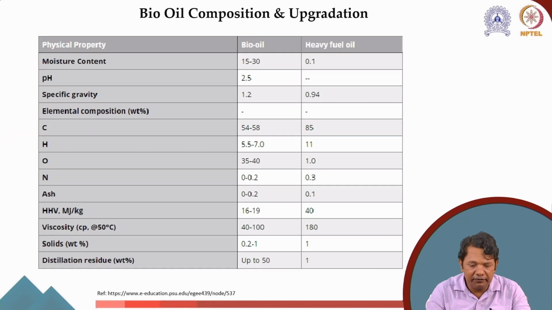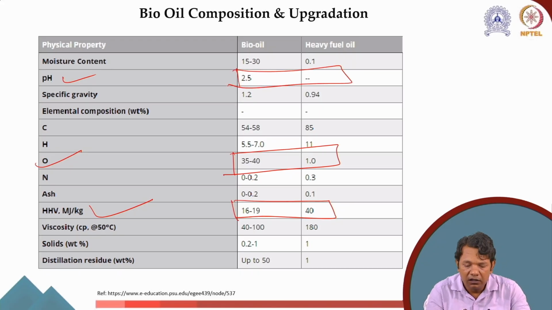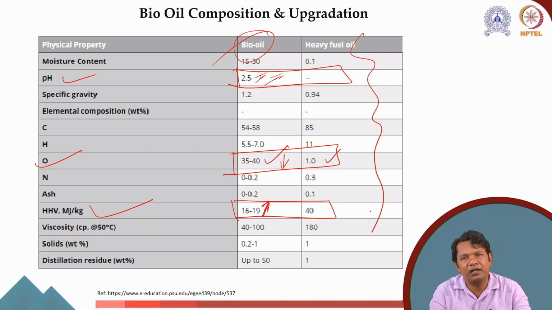Okay. The oil that we get, I have already told you, is similar to heavy fuel oil, but with a difference in oxygen content, and because of that, there is a difference in heating content, and also in the pH value. So these are the bio oil properties that we get. Now, if we remove this oxygen, as I said, we can improve here. So if I reduce this, I can improve here, and I also have to neutralize this. So that means we have to upgrade this bio oil if we want to make it even like heavy fuel oil.